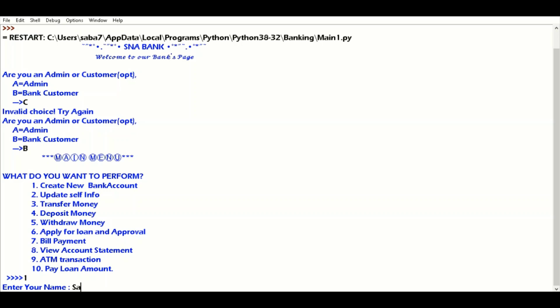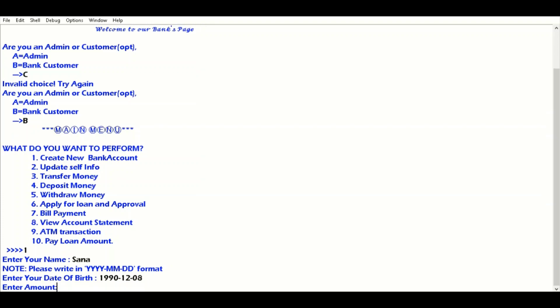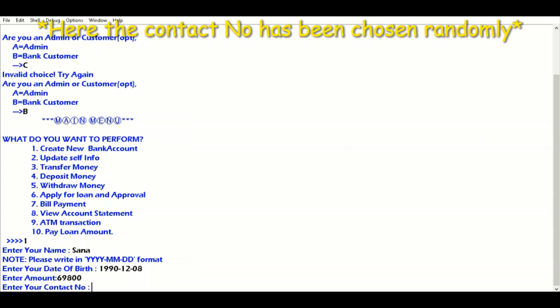Let's go with option first. Here it will ask you to enter your name, your date of birth in year, month and date format, then the amount you want to start with and your contact number. Then it will automatically generate an account number for you and will ask you to enter the type of account you want to open.